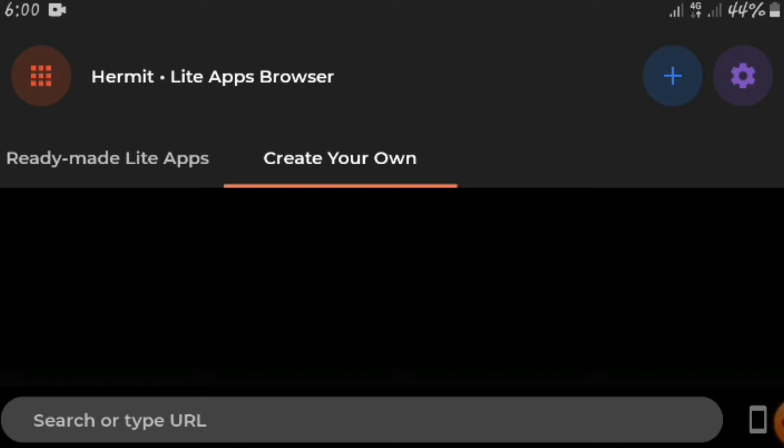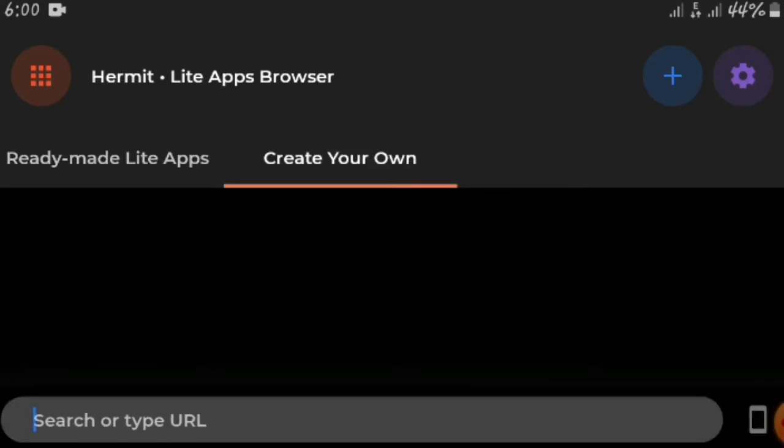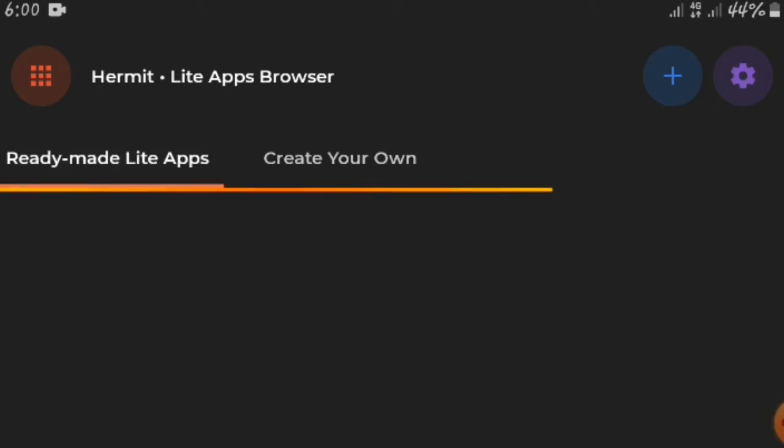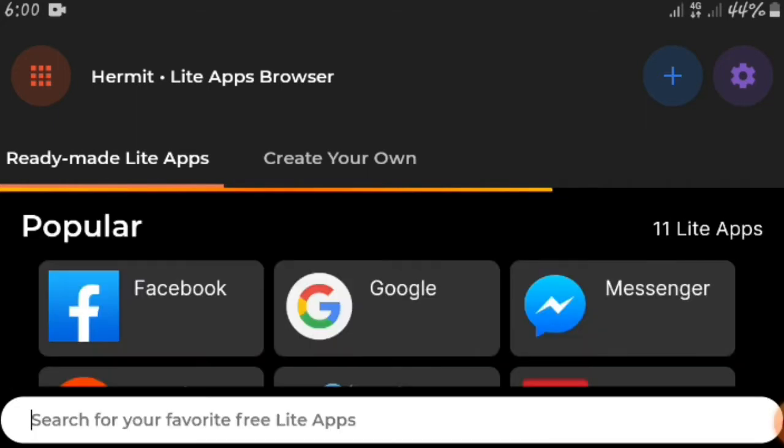Using create your own, you can create any kind of lightweight app using Hermit. Hermit is one of the useful applications in 2020, which is very useful. If you have a storage problem in your smartphone, in that case it is one of the useful applications.